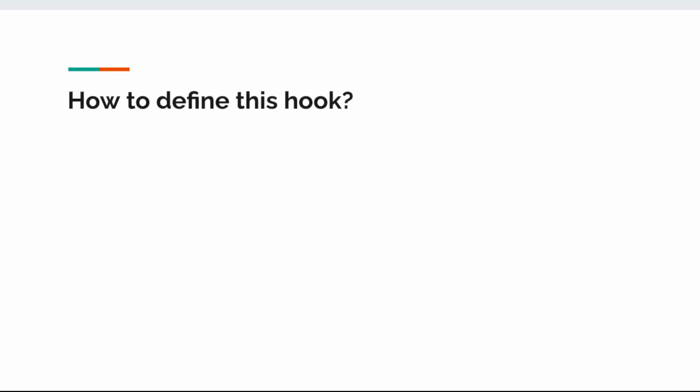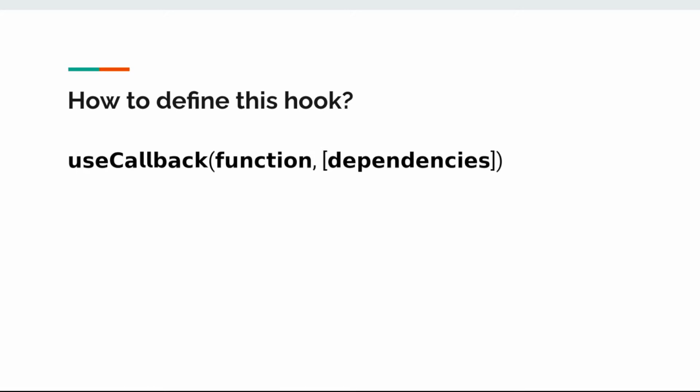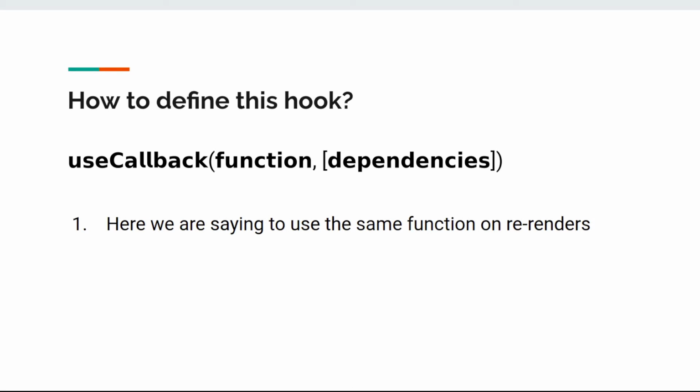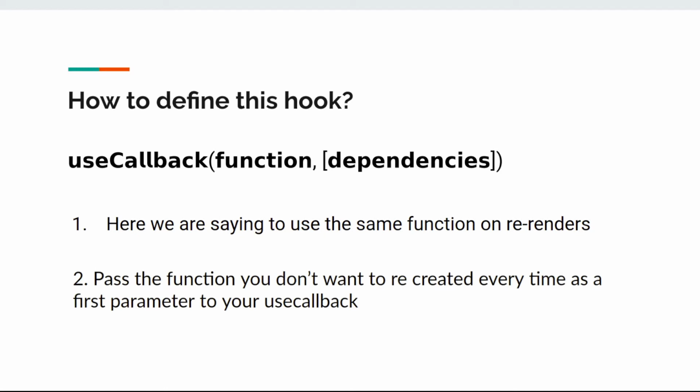So let's first see how to define this hook. You can see that this is a useCallback hook and we are passing a function and then the dependencies array. And here we are saying to use the same function on re-renders. All right. Pass the function you don't want to recreate every time as the first parameter to your useCallback.